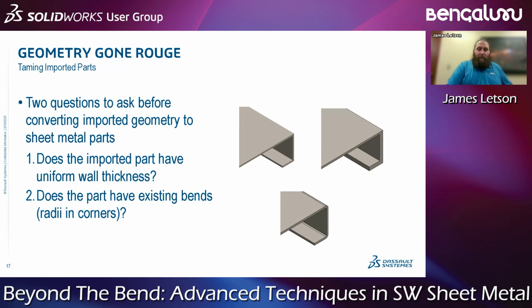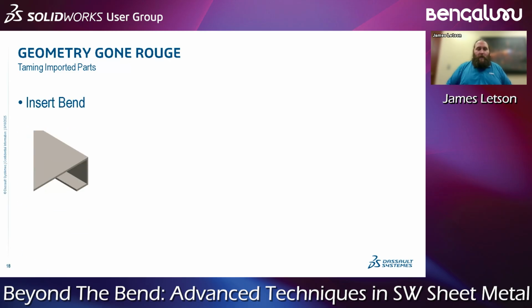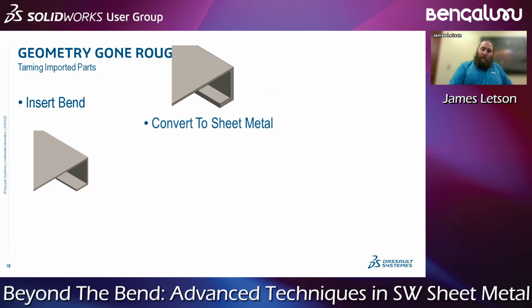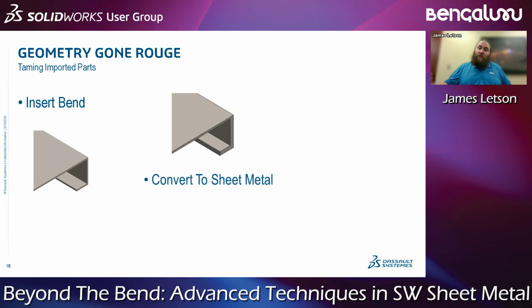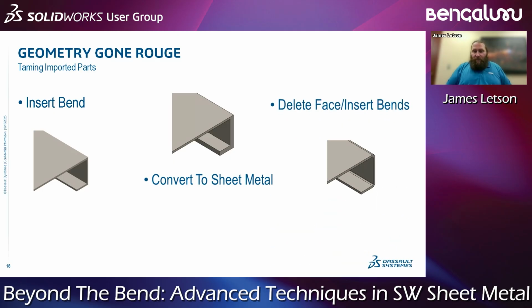So in the first example, if the wall thickness is uniform, then to me, the insert bends command is the way to go. If for some reason the wall thickness is not uniform, then convert to sheet metal is the ideal solution here. And then if you get an imported part and the supplier that you got it from for some reason decided, oh yeah, I'm going to go ahead and add radiuses to make this look more like a sheet metal part,